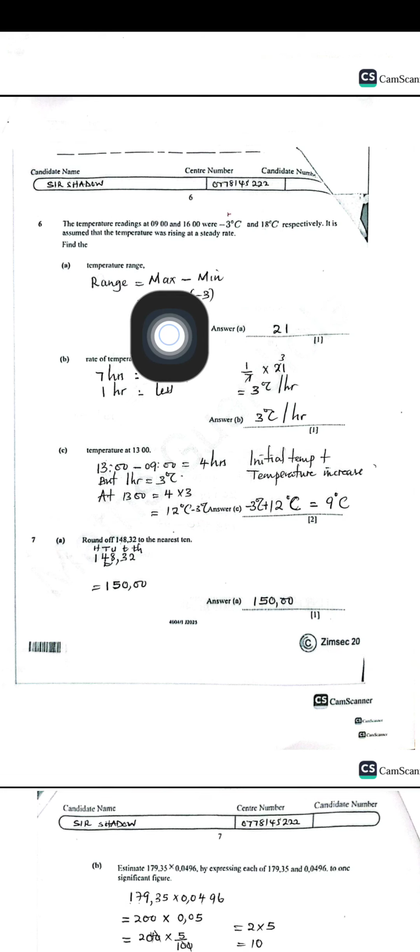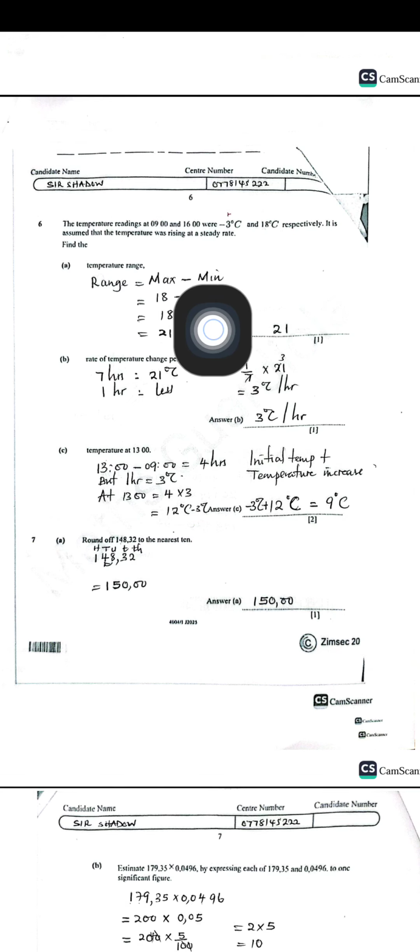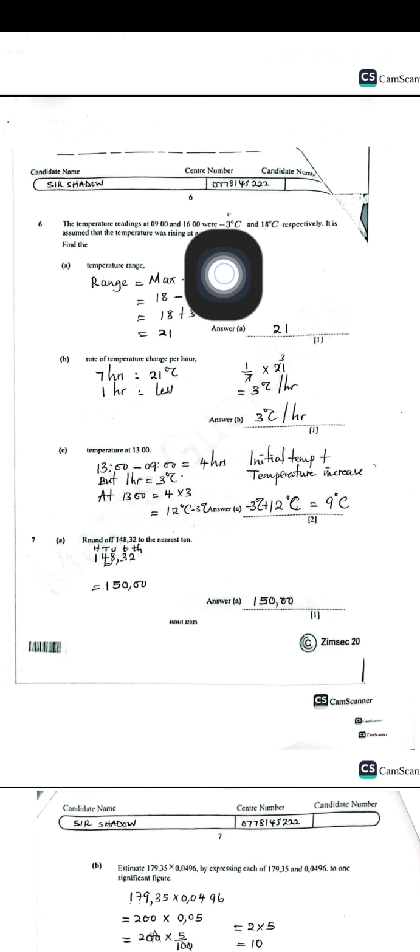Range, we can find the range by saying the maximum minus minimum, or the highest value minus lowest value. That's how to find the range. You just subtract the maximum number minus minimum number, you get the range. Let's see where there is maximum number. The temperature